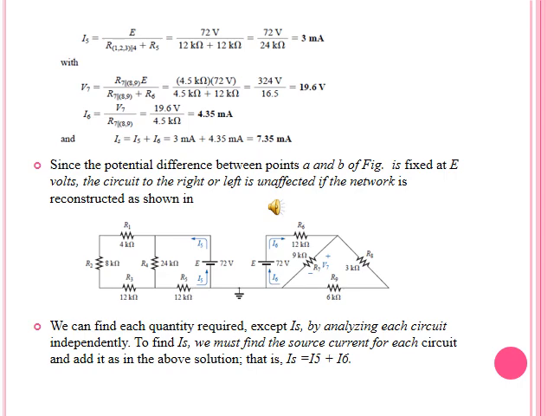I6 can be easily found by using V7, as we already know that the voltage across R7 and R89 are equal because in parallel voltages are equal. Now how can we find I6? We can label the parallel combination of R7 with R89 as a single block, which has the same voltage V7, divided by R7 in parallel with R89. It means the common parallel combination of both of them, and V7 we have already found.